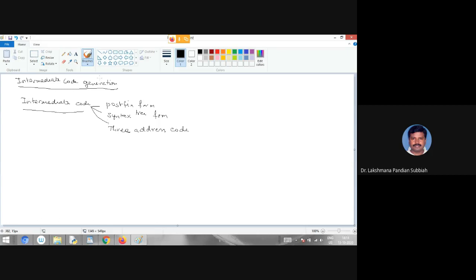So for example, here we have x equal to a plus b. x equal to a plus b is an assignment statement.